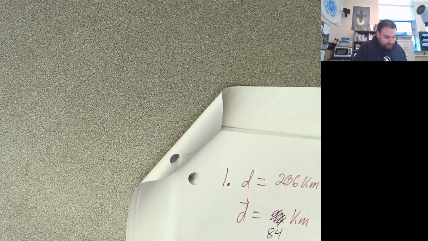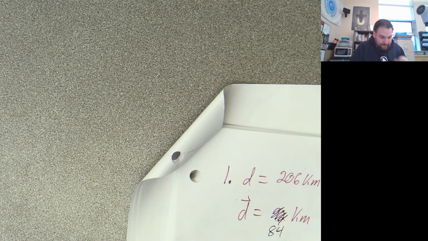Number 2, 76 divided by 15.83. Okay, have a good weekend. This is your homework. We'll go over it first thing Monday. If you need to borrow a ruler, please bring it back. 9.86. 48 divided by.